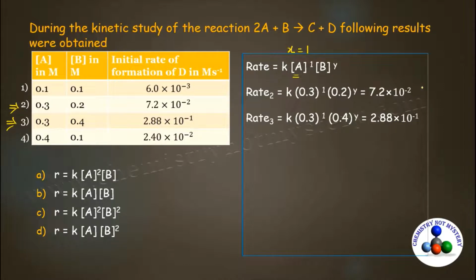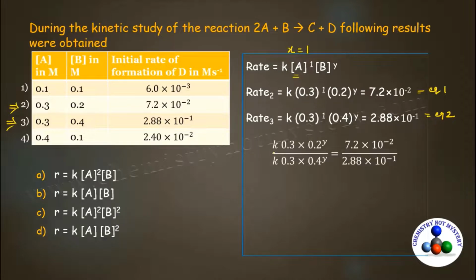Now this is equation 1 and this is equation 2. We have to divide both the equations to calculate the value of y. So you will get k into 0.3 multiplied by 0.2 raised to power y, divided by k into 0.3 multiplied by 0.4 raised to the power y, is equal to 7.2 into 10 raised to minus 2 divided by 2.88 into 10 raised to minus 1. So here